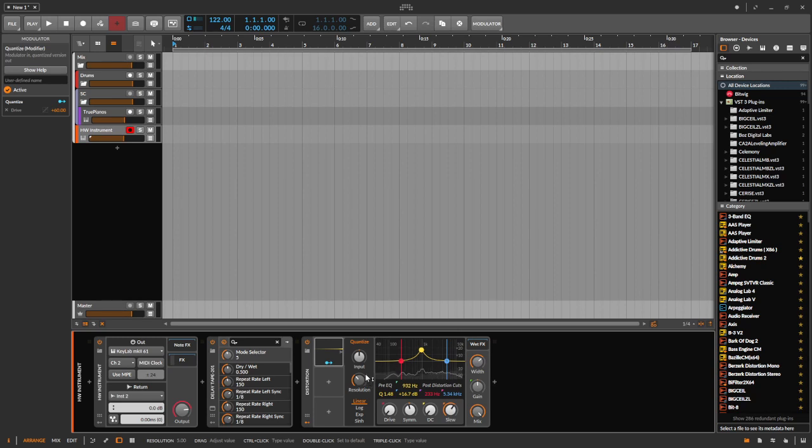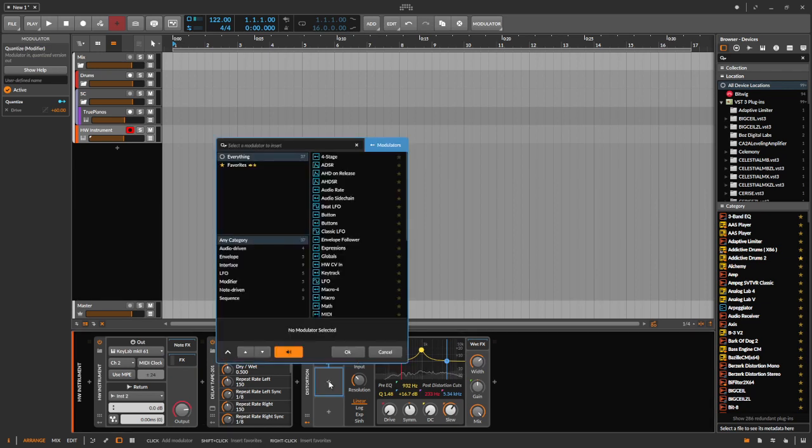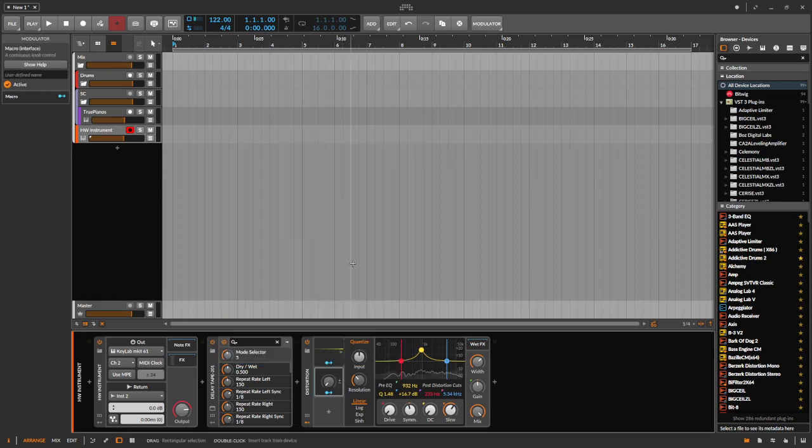Now, the unique thing about this Quantize module is I need something else to control it. Just by itself, it doesn't do anything. So I'm going to add in, well, I'll start with a macro knob. And this, I'm going to modulate the input and take it just to 100%. That's pretty close, but wrong. Okay, so now if I turn this macro,